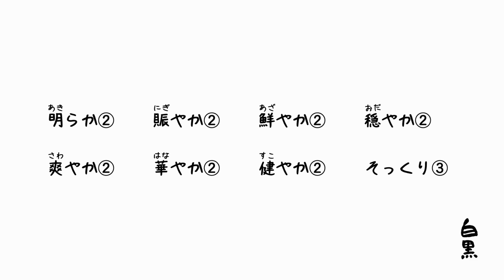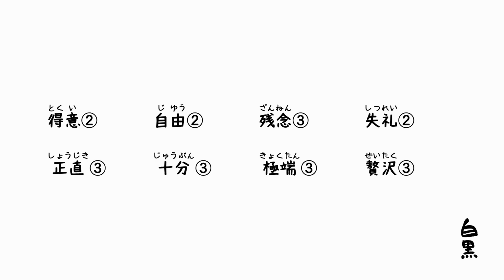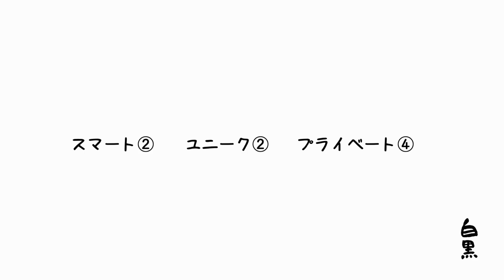Typical native Japanese not adjectives in pattern C pitch accent include 明らか、賑やか、鮮やか、穏やか、爽やか、華やか、健やか、そっくり。Some Sino-Japanese ones are 得意、自由、残念、失礼、正直、十分、極端、贅沢。There are not many common loanwords in this category though. スマート、ユニーク、プライベート。